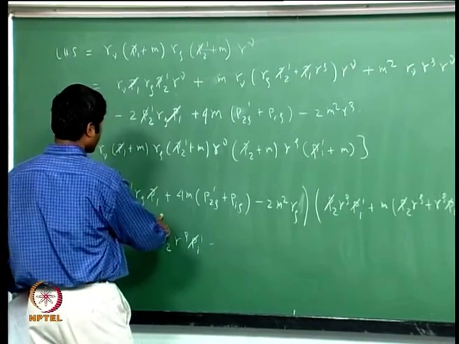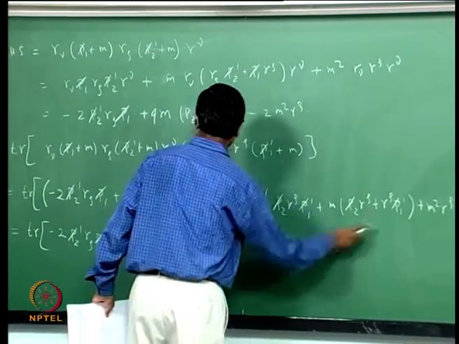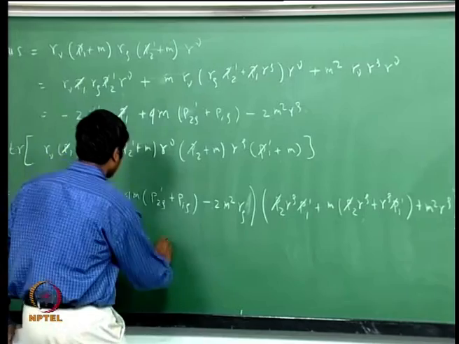So this contains 3 gamma matrices, this contains 2 gamma matrices. So, this vanishes. Finally, minus 2 m square